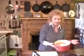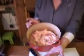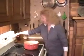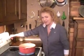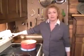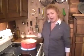Now, check this out. Gross. There's probably your wildcat part. All right, over here. Now, duck fat, or duck skin rather, is incredibly fatty. However, you do the right things to it, oh God, it's amazing. So, all I'm doing is putting this on about medium heat. I'm going to let all of this start rendering,